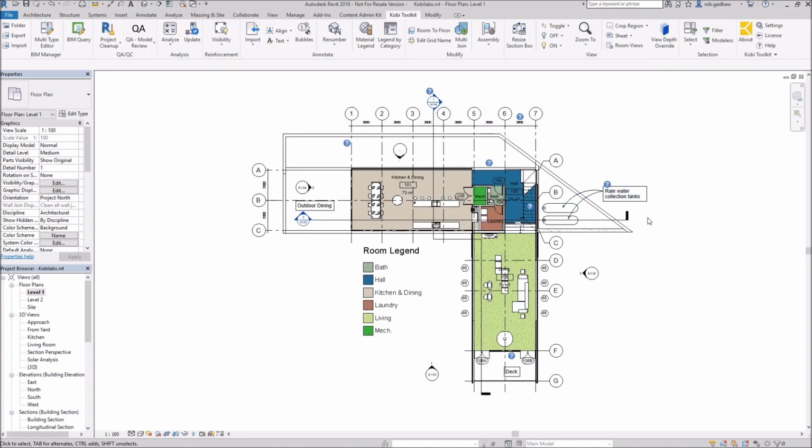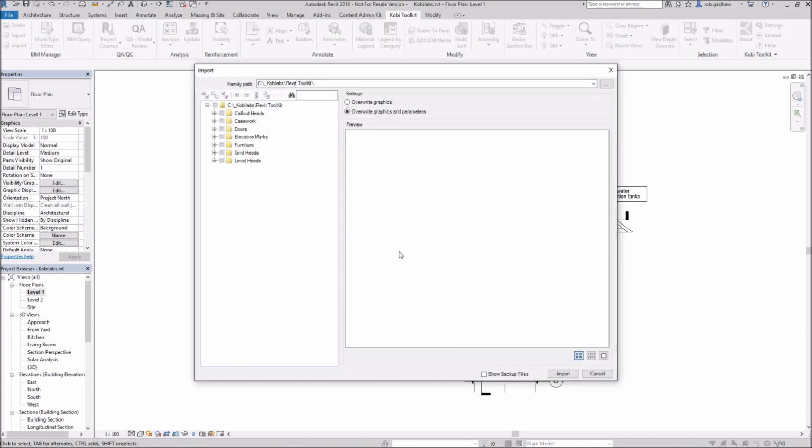I want to go to the import now. So we're going to come back up to the Cadpro toolkit. We're going to come over here to the import, and it's going to the directory structure that we specified earlier. And so this is showing me all the subdirectories. If I expand those out, I'll see all the families under there, and I can pick individual ones, or